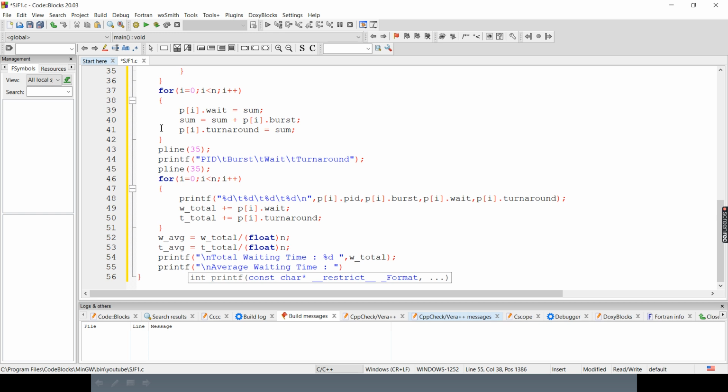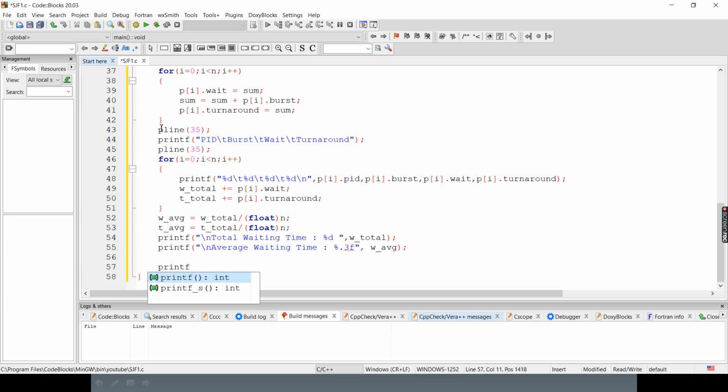As average is a float, we can't use %d, we have to use %f. Here I am using 3.3f because I want to print only 3 values after the decimal. Then it is stored in W avg.